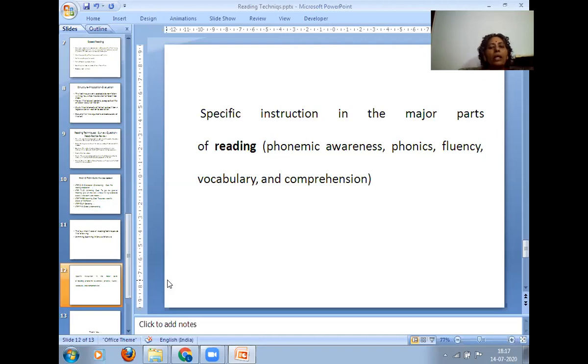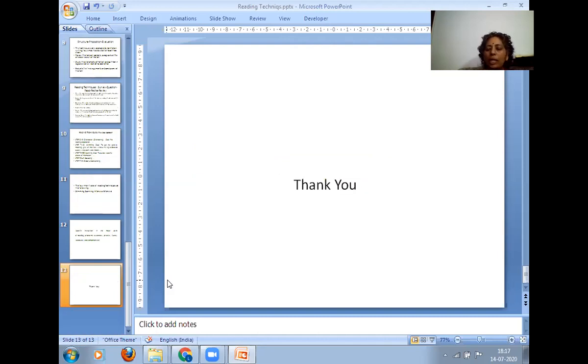And then the last one is comprehension. Comprehension means to understand the particular text. It may be beyond the lines, in between the lines, and after and before the lines, you can come to the conclusion of what the author's point of view is. So finally, these are the techniques that we have to learn while doing any particular task of reading.